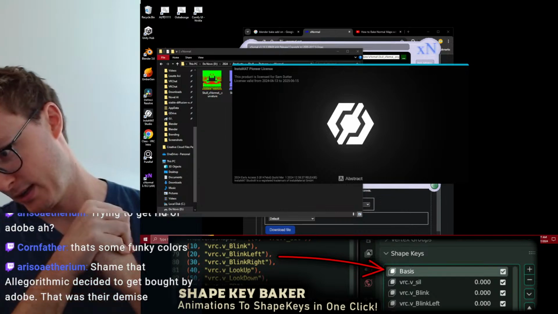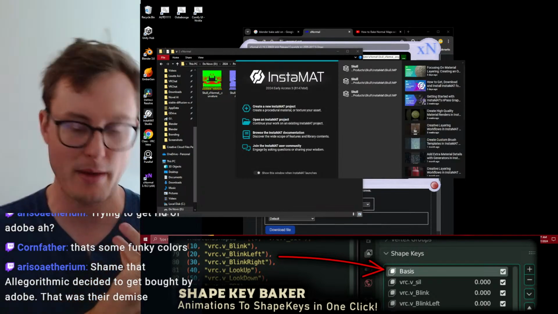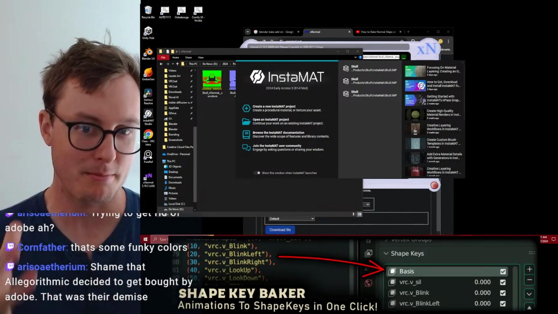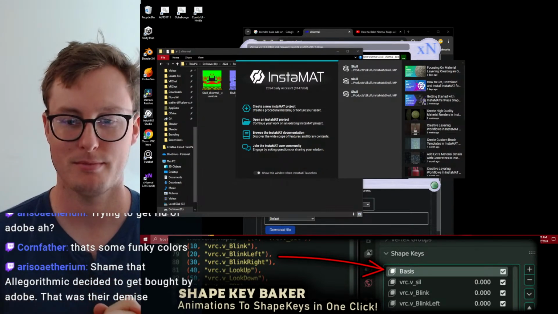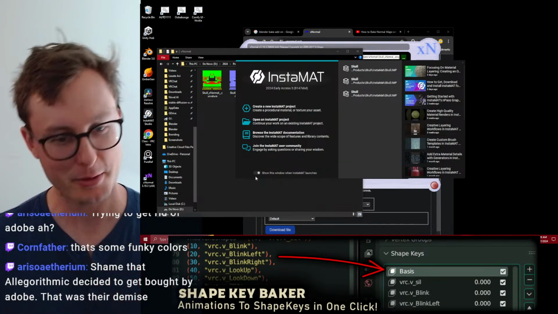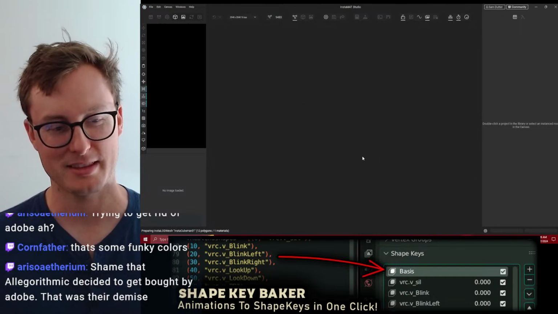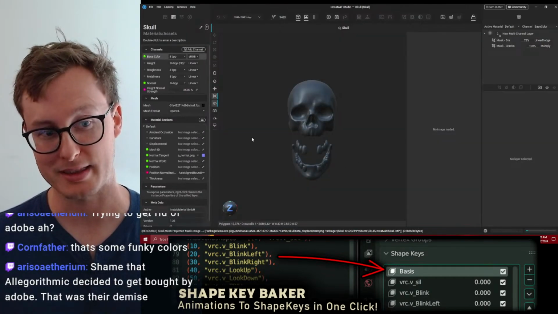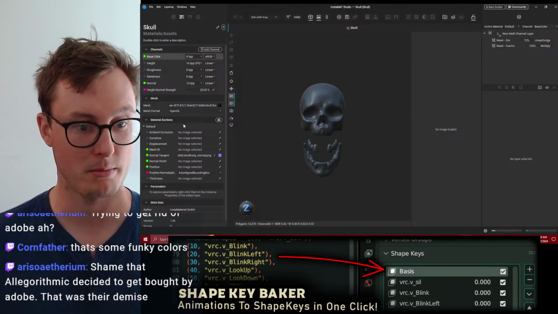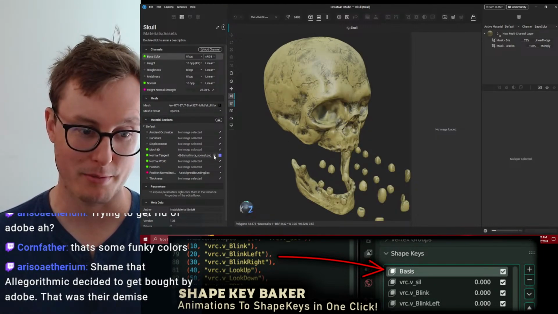Shame Algorithmic decided to get bought by Adobe. That was their demise, 100%. I mean, I don't really blame them. I blame Adobe fumbling the ball. I'd rather rest the blame on Adobe. Like, they made a good product and they probably sold it for an insane amount of money. I can't really blame them for that.